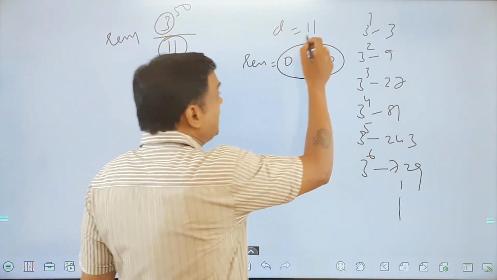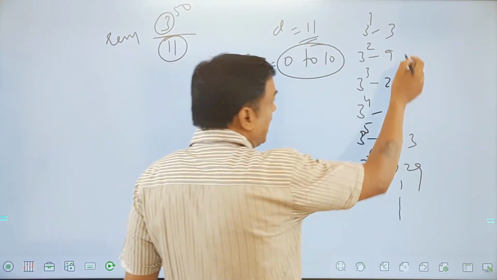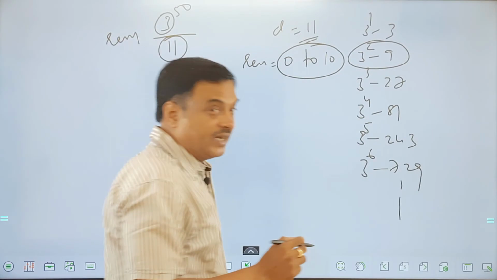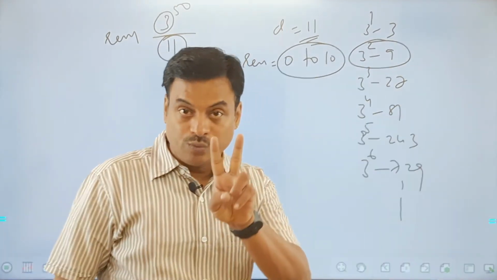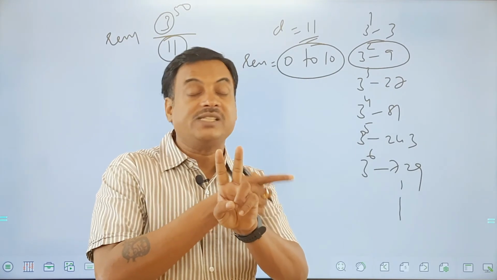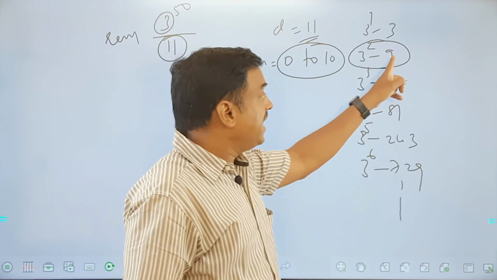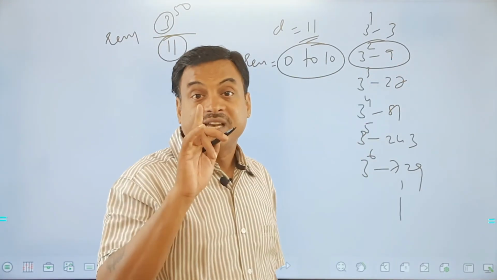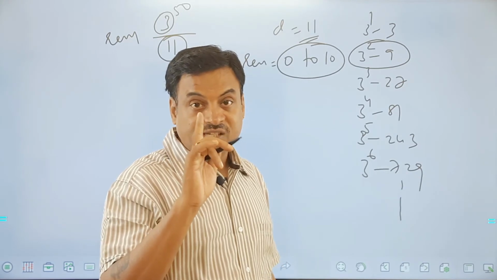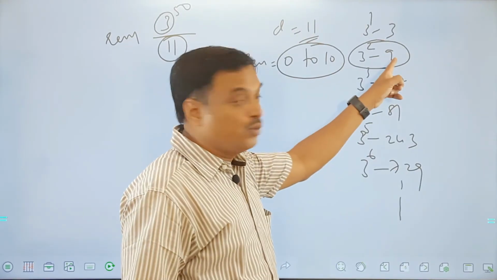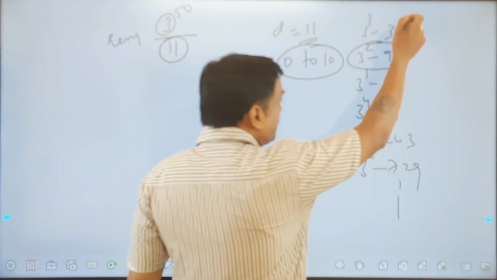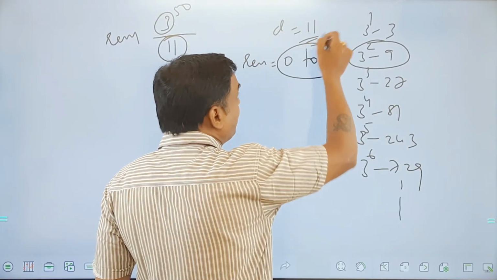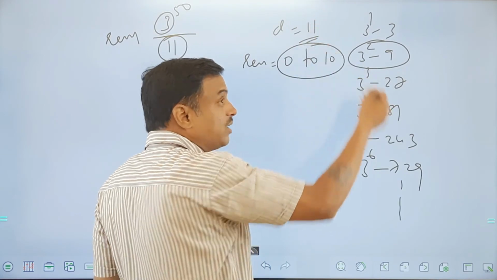So check the number which is very close to 11. I can say 9 is very close to 11, but please understand, between 9 and 11 the difference is 2. If you remember my previous example, I said very clearly, you should select the number which gives you a difference of 1. So here the difference is 2, so I cannot go with 9. So what should I do? Search for the number which is a multiple of 9 and close to a multiple of 11.